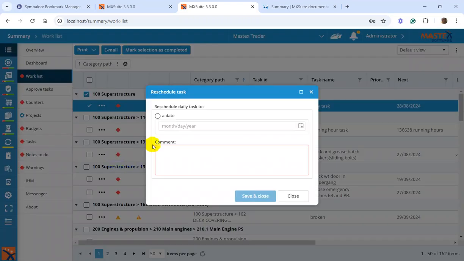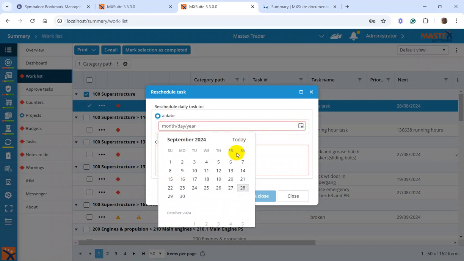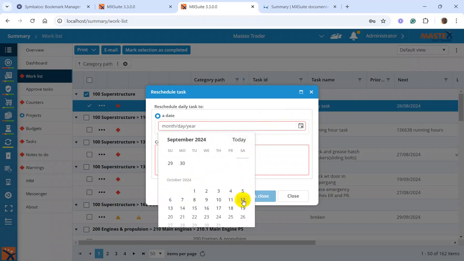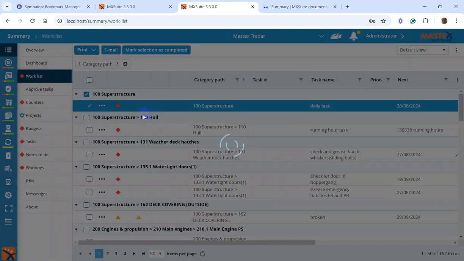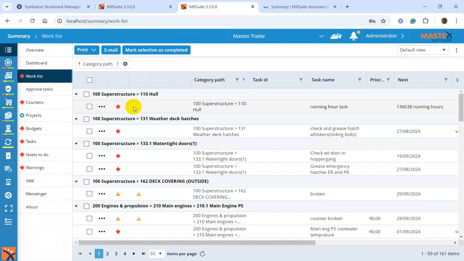If you reschedule the task, you can reschedule it yourself to a new date and time. So let's say I had to do it today, but for any reason I'm not able to. So I postpone it, let's say, till the 12th of October, because I expect I have the oil at that moment, or whatever. And next to that, you have to write down the reason why, because that's a mandatory field. I simply write the word test now, then save and close, and the task will disappear from the list